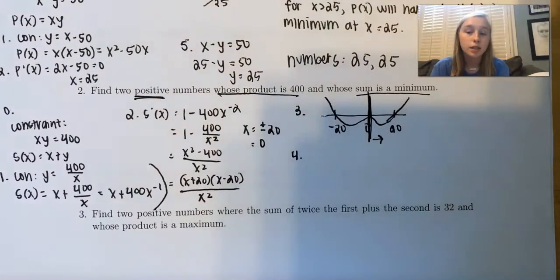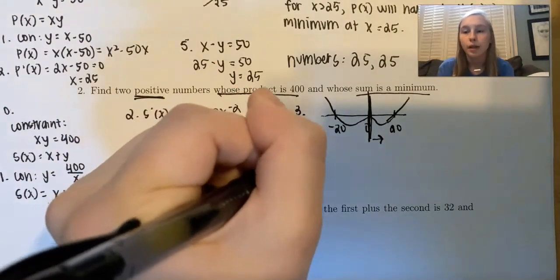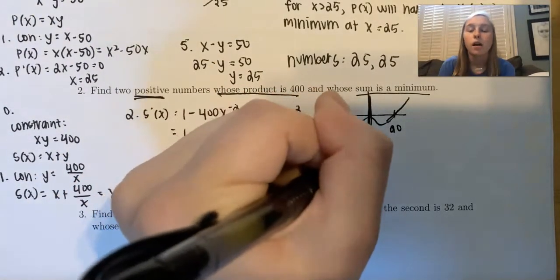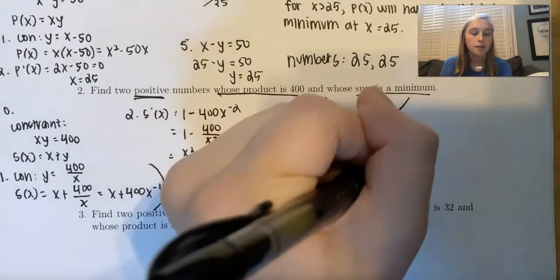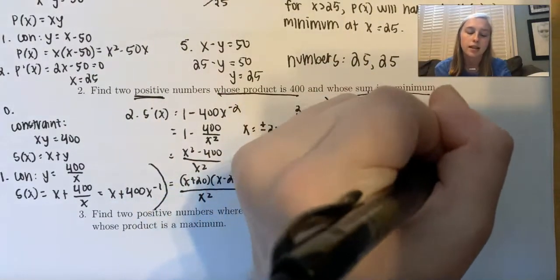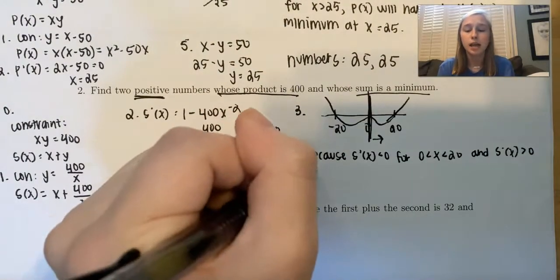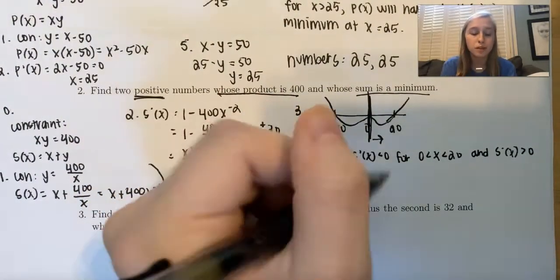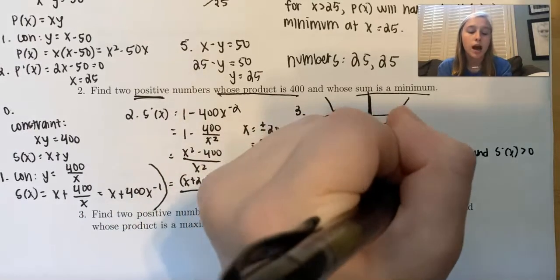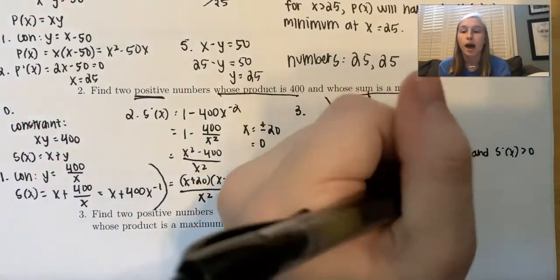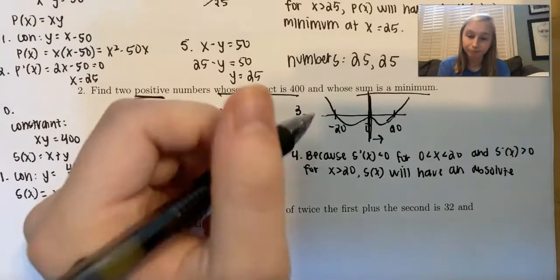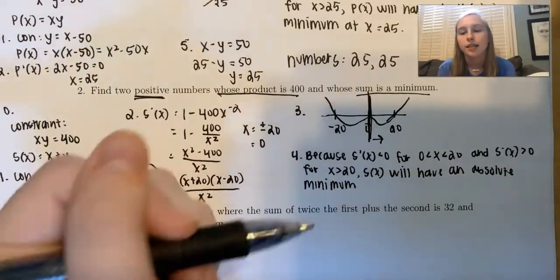So here comes the annoying sentence again. I'm sorry, guys. I'll fast forward me writing it, though, to make it a little more bearable. But in this case, it says, because s prime of x is less than 0 for when x is in between 0 and 20, and s prime of x is greater than 0 for when x is greater than 20, s of x will have an absolute minimum at x equals 20. That's, like I said, important